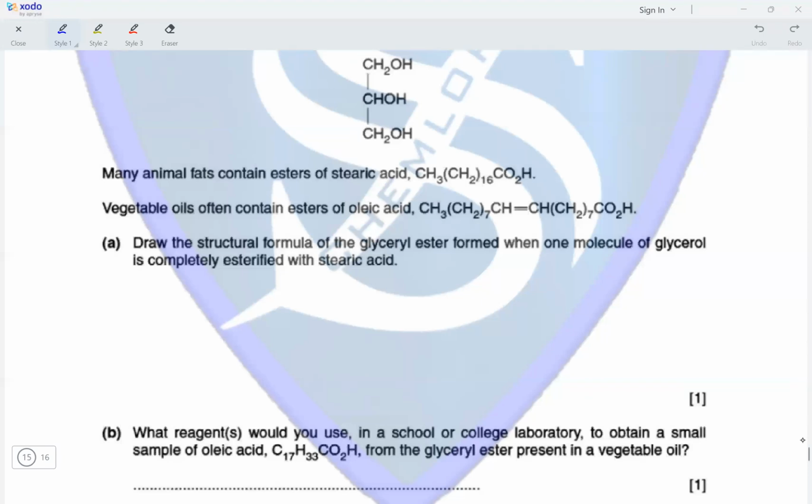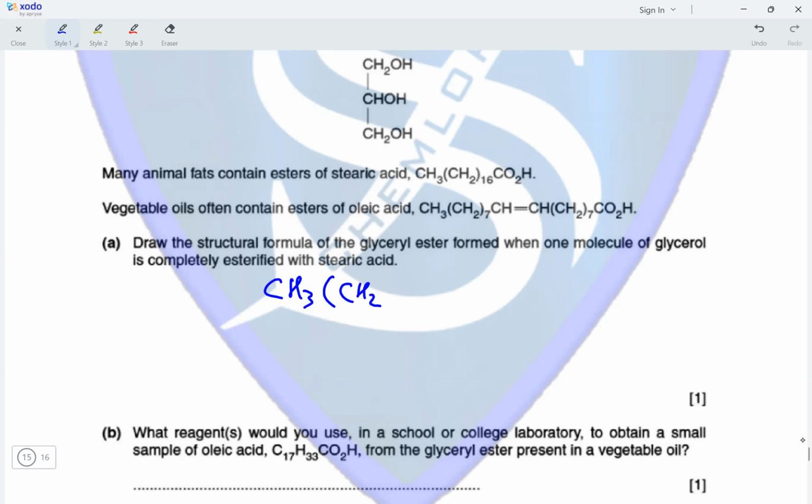Draw the structural formula of the glyceryl ester formed when one molecule of glycerol is completely esterified with stearic acid. So we have 3 OH groups in glycerol, and we have one COOH group in stearic acid. So 3 stearic acids will react with 1 mole of glycerol. So the product would be